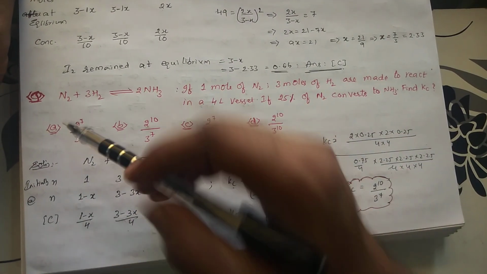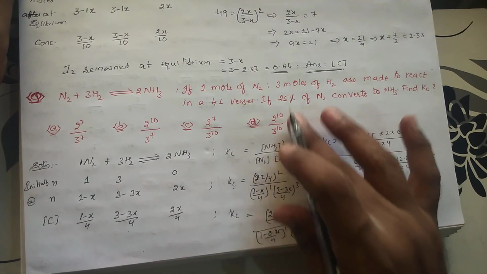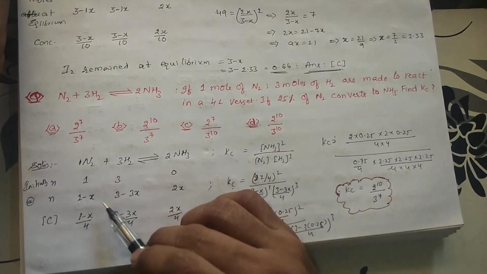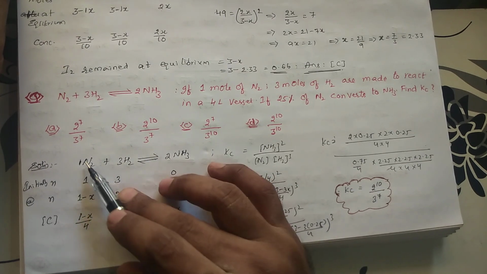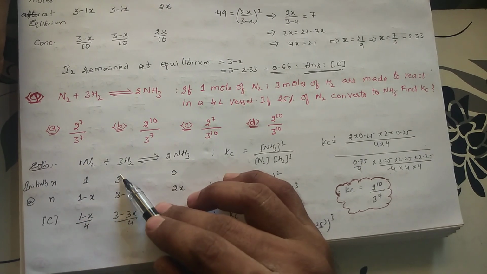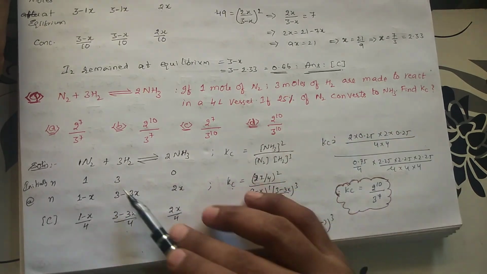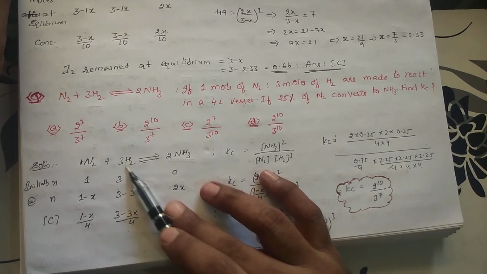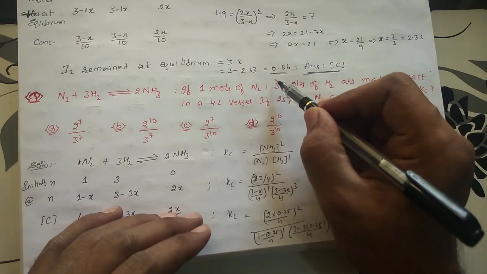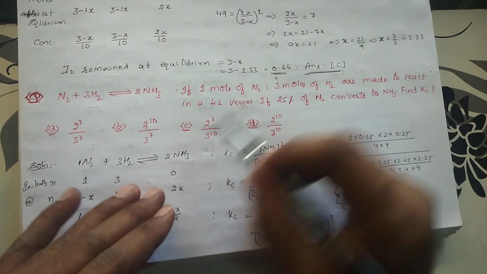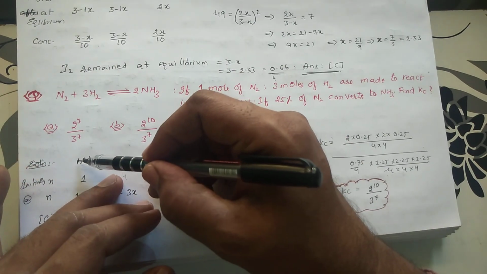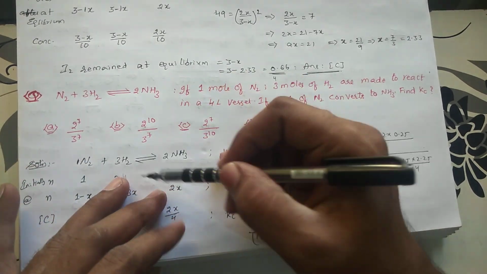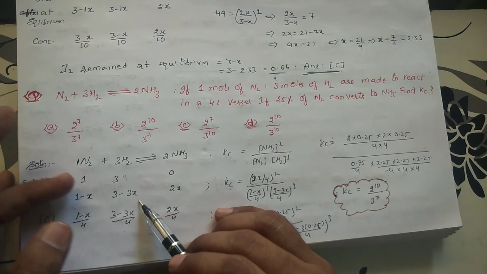So this is 1 mole. Something is going, right? How much is it going? Let us assume x is going. So 1 mole is present, 1 minus how much is going? 1x. Here you are having 3 moles. So it is 3 minus 3x. Suppose let me take here it is 4 moles, as an assumption. So what will you be getting? This is 1 mole and this is 4 moles you will be having. So from 1 mole it is 1 minus x. You are having 4 moles, means 4 minus 3x.